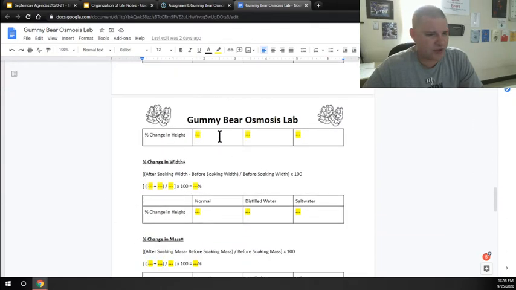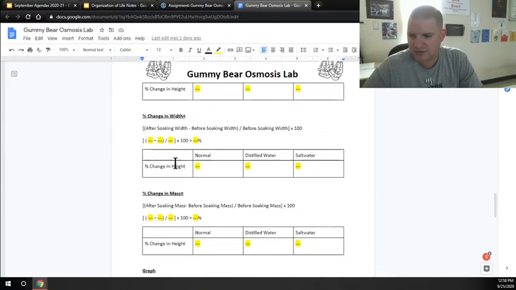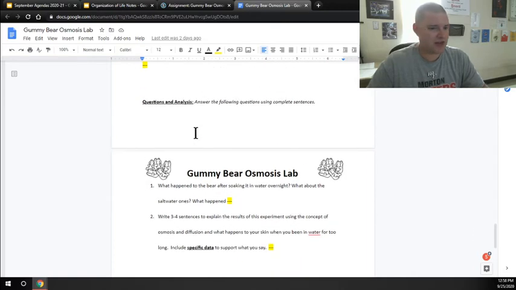There's different places where you can get the percentages. I show you how to calculate out the percentage. You'll make a graph of your data, because it's basically like we're doing the scientific method again here. This is an actual lab we can do involving cells. That's not just looking at things underneath microscopes. So we'll do a graph. There's then a questions and analysis